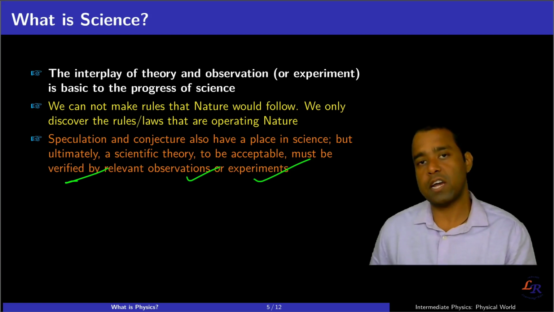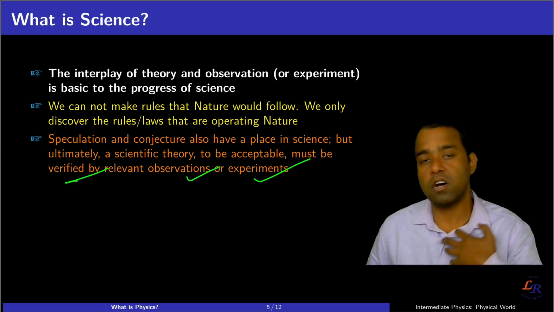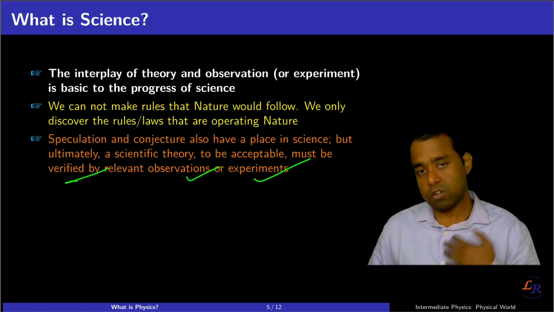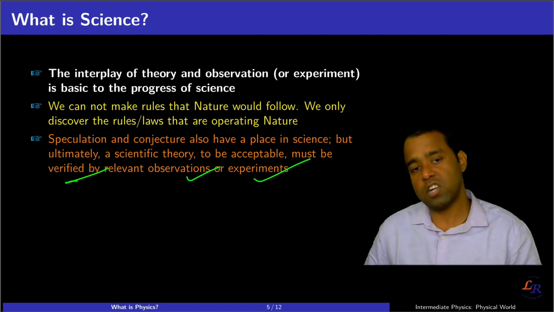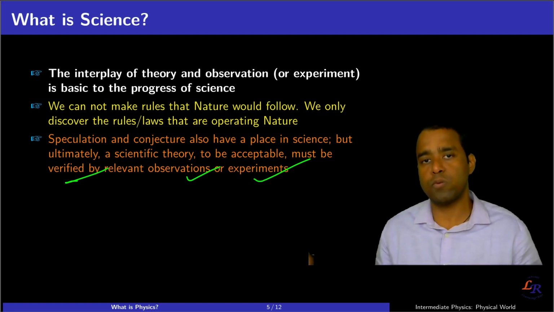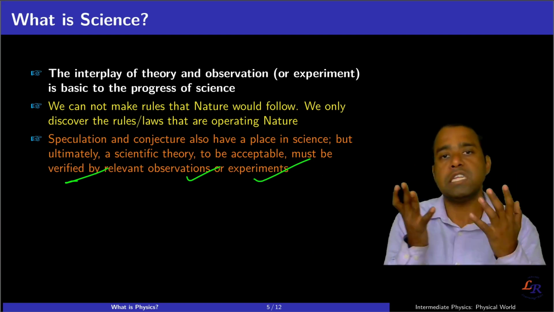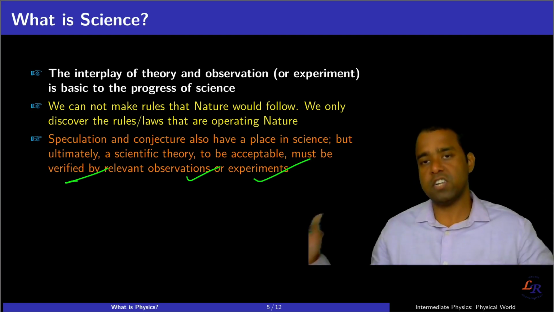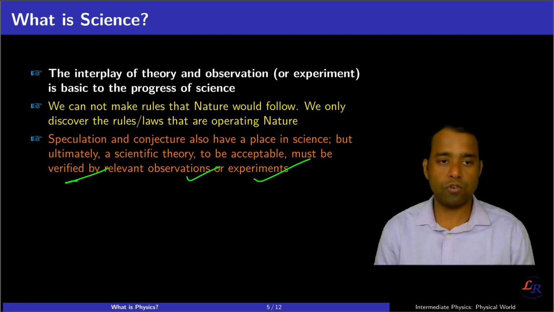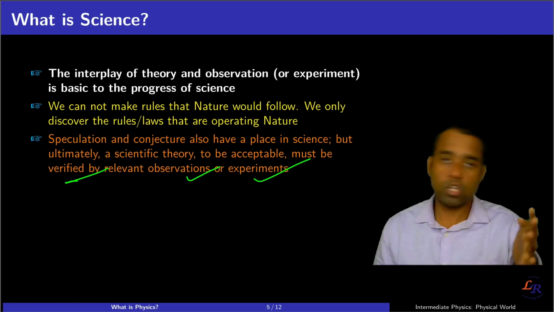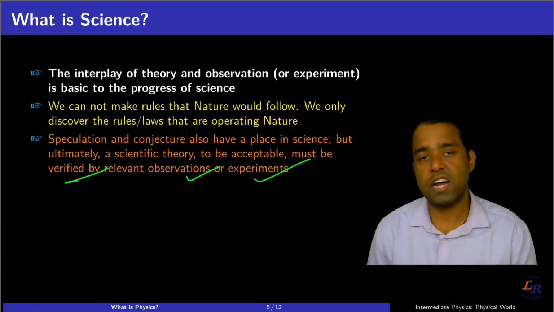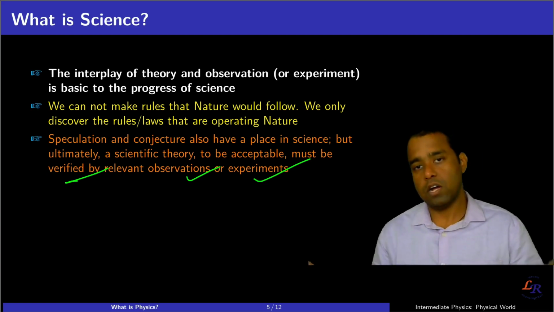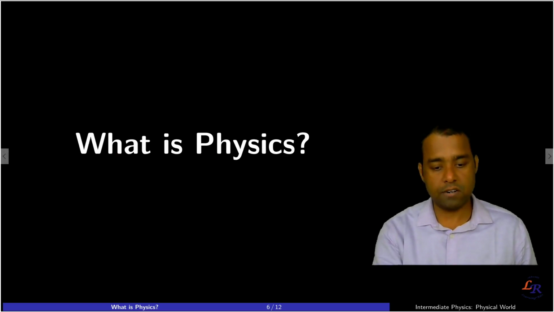So this is very important. Whenever you guess something, that it can be the possible explanation for a given phenomenon which is happening right now, you must verify it with the relevant observation and experiment, because it should have a wider scope. It should not be explaining only that part of the phenomenon. It should be explaining a wider range of phenomena of a similar kind. So that is very important. But of course you are free to have guesses and speculations, to come up with new ideas, and you do your future experiments on that.